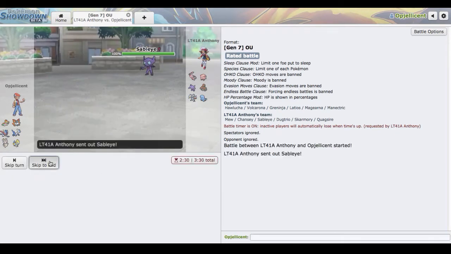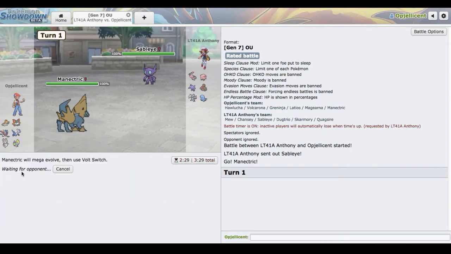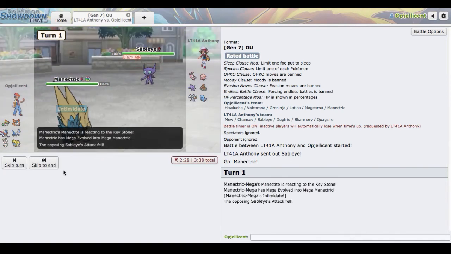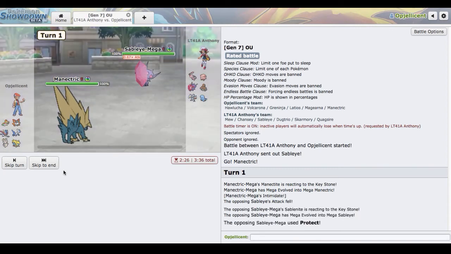So I'll lead off with my Manectric. On the Sableye lead, let's go right for the Volt Switch. Quagsire can come in if it wants. Not sure what play he's gonna make. Problem is, I don't know how we break through Chansey. I don't even know if we can with this team, except with our...